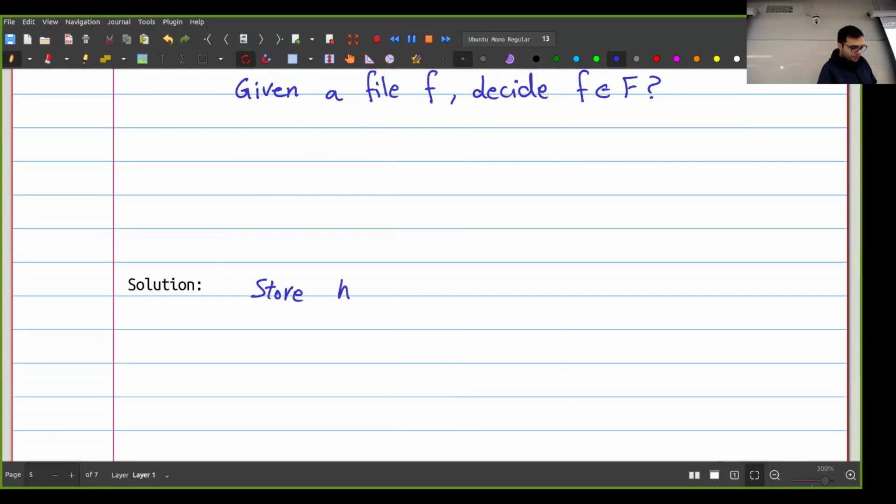Store hashes of files. And it's up to you what kind of data structure you want to use for this. You can just use a set, a binary search tree. You can use whatever you want. Just use a database that can let you search for hashes really fast. Personally, I would use a balanced binary search tree, and then I can find the hashes in logarithmic time. So store the hashes of files, and then just search for the hash of this new file whenever you need it.